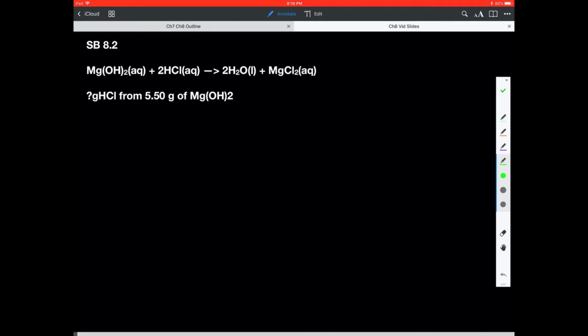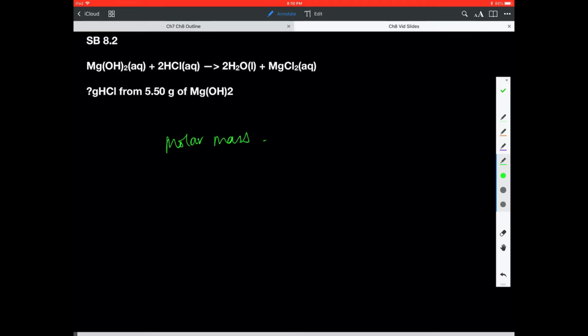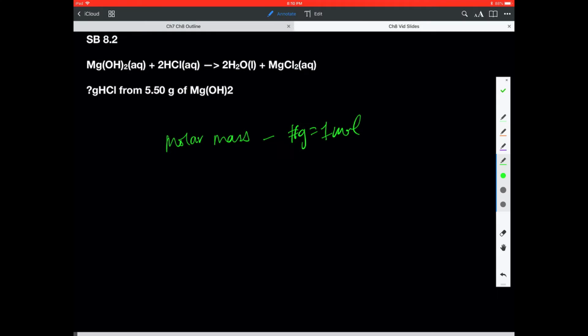First, I should have put an intro slide where I could just scribble, but I didn't, so we're just going to scribble and then erase. First of all, if we think about the previous chapter, we talked about molar mass, right? That was one of our new conversion factors. Well, what does molar mass do for us? It's the number of grams equal to 1 mole of a substance, so it converts between grams and moles. We learned about Avogadro's number,